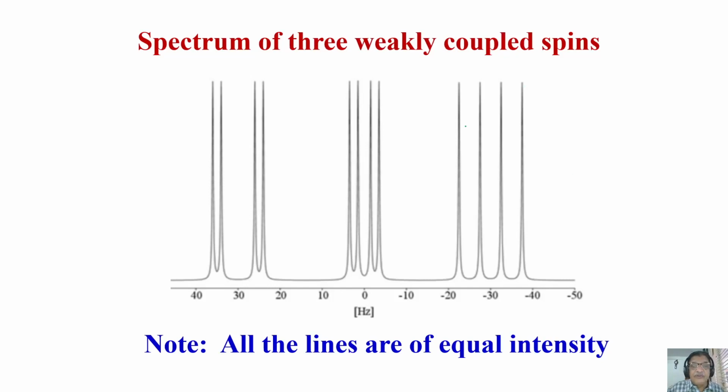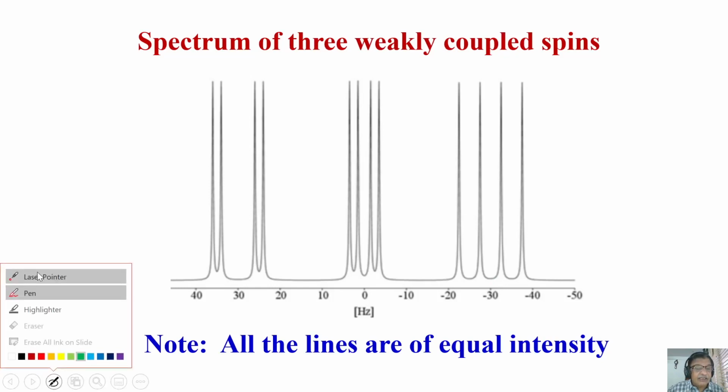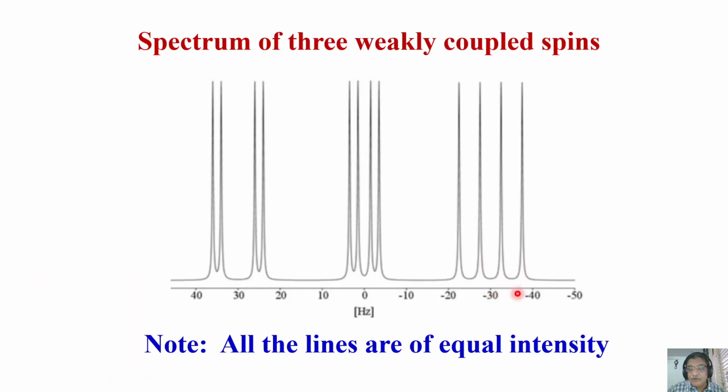Now if you look at it, very interestingly, you are seeing 4 peaks for each of them. 4 for this, 4 for this, and 4 for A. From the center of this, you have 2 peaks on either side. It could be JAX or JMX or whatever it is. So for each of the 4 peaks at the chemical shift position, if you analyze, you will get 2 coupling information. Understand? And interestingly, all are of equal intensity.